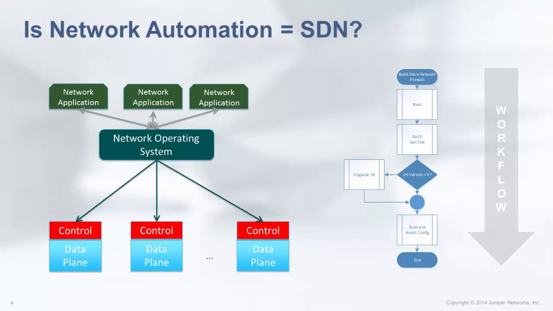And these two are not mutually exclusive. They work together really well. So if you have a good automation practice, your ability to build SDNs is going to be that much greater than anybody else that doesn't have a great automation practice. If you understand through automation what it is you have, the capacity you already have, the best way to lay things out, building SDNs on top of that will be so much easier, because that automation can actually feed your SDN controller information that it's going to need to make that determination about what's the best path across this network.